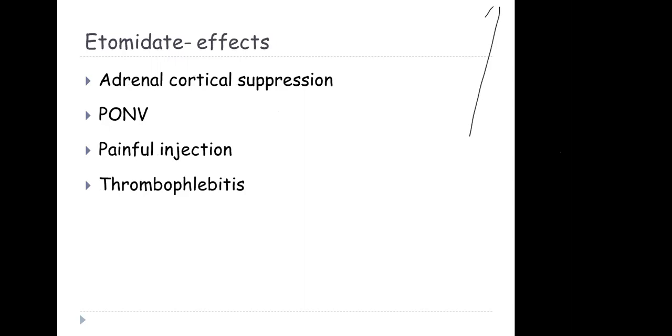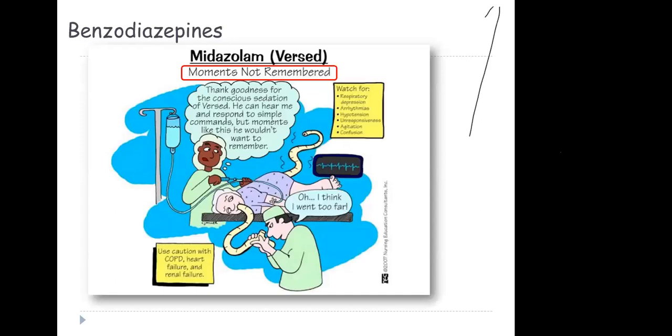That's the downside to it. So people are wary about using it for patients who already have adrenal suppression. And then the post-op nausea and vomiting, it's painful on injection, just like propofol, and gives you a thrombophlebitis. So the other drug that's used for induction, so you'll find the benzodiazepines, the most commonly used